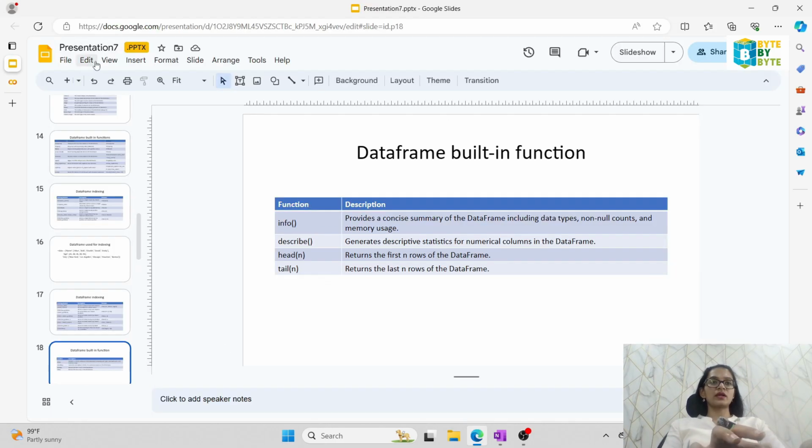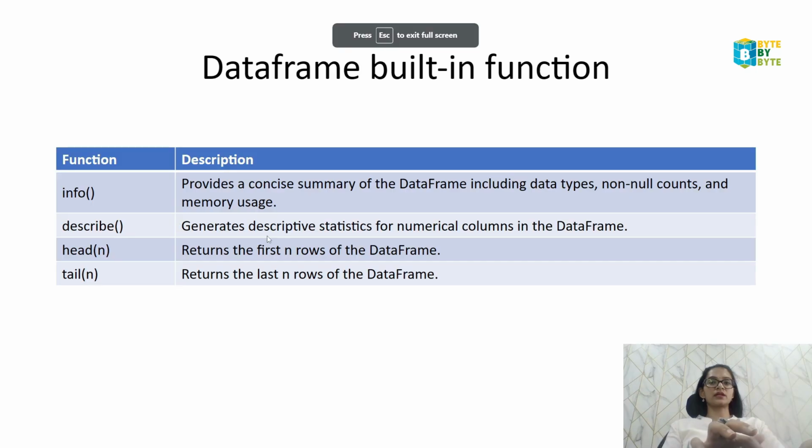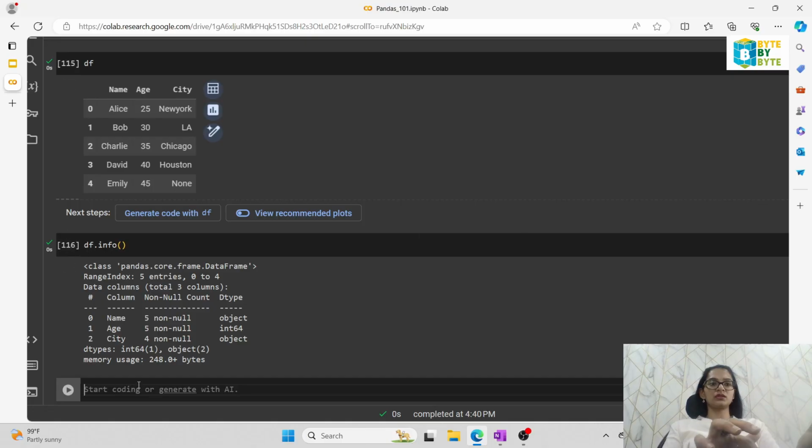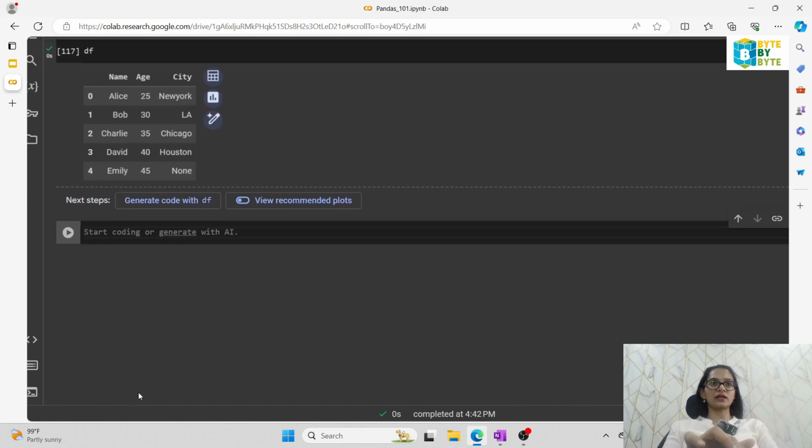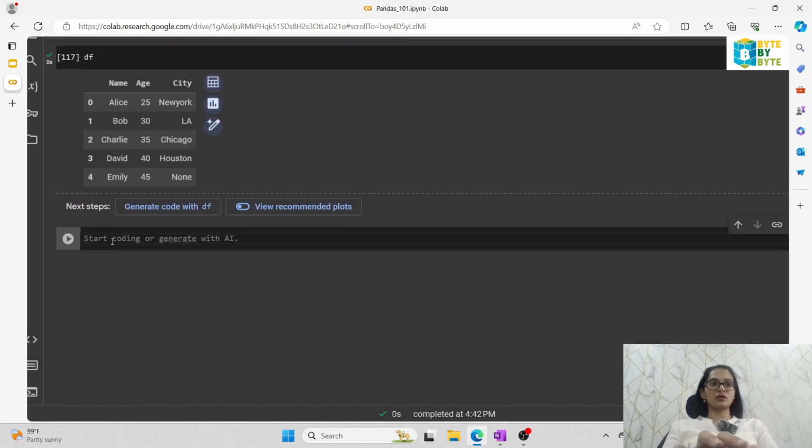Okay, so the next thing is df.describe. Describe gives you the statistics for numerical columns. Now this is very important: this describe function will be effective in case of numerical columns only. Here our data frame was df, and we have exactly one numerical column. So if I say df.describe,